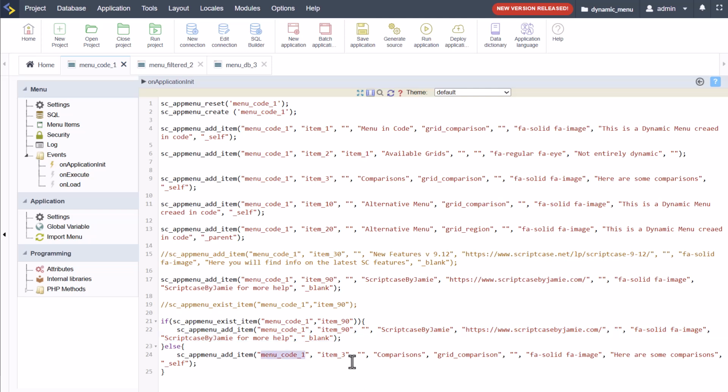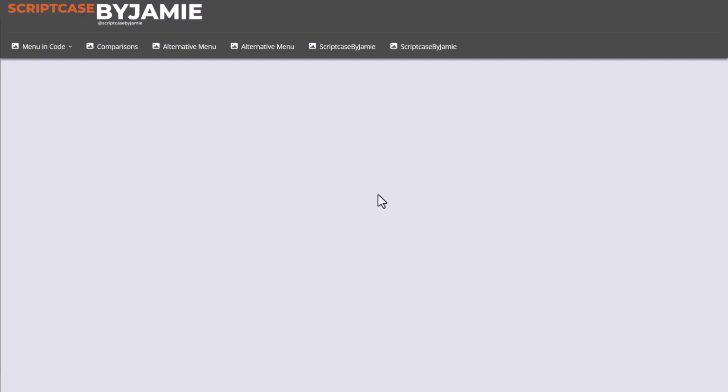We have here the item code, and if item 90, we have item 90 here that exists already, and we need to then apply a new item number. Okay, so we can't have the same item number twice. So here I will apply number 3 and then call that number 4. And now if I go ahead and run that again, those new menu items have been added just by then